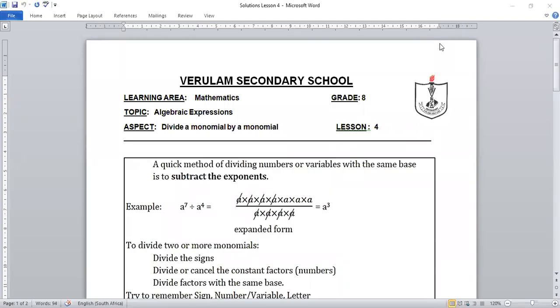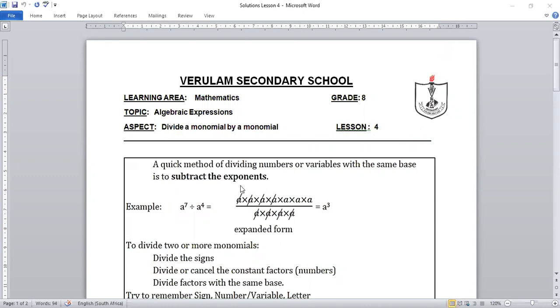Today's lesson will focus on the solution to the questions contained in Lesson 4. Lesson 4's topic was algebraic expressions dealing with division of a monomial by a monomial. Just to recap,